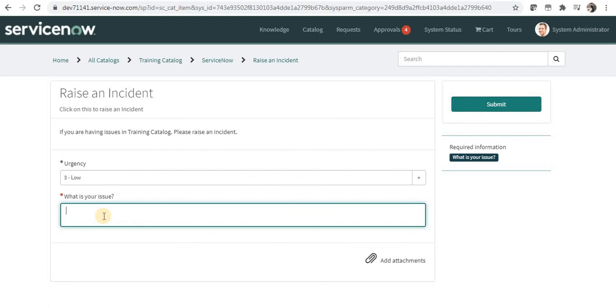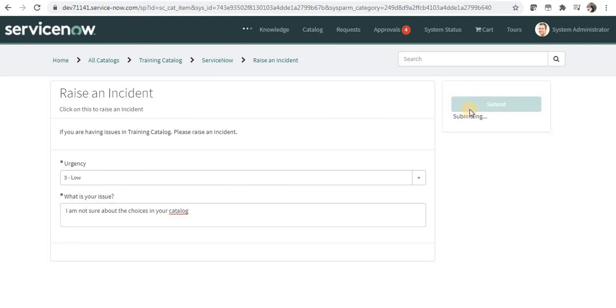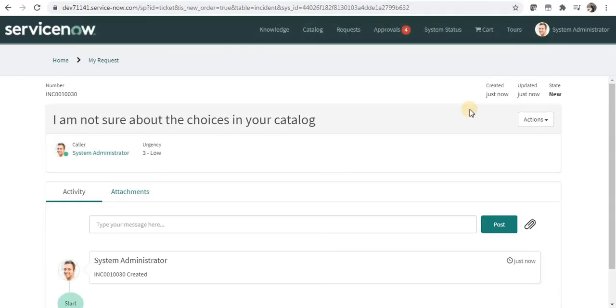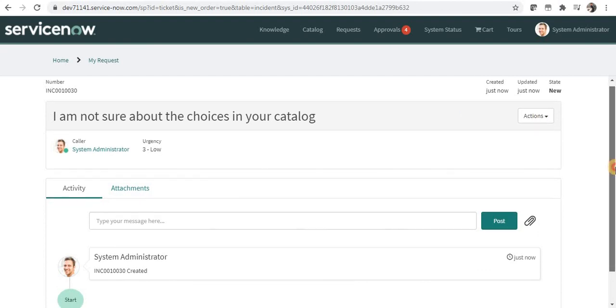For example, I'm not sure about the choices in your catalog, and this should create an incident as soon as I submit this. I'll click on submit, and if you remember, we had actually checked that it should redirect us to the created record or the generated record, and it has done that.